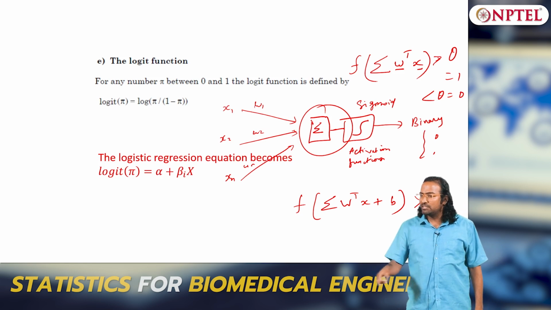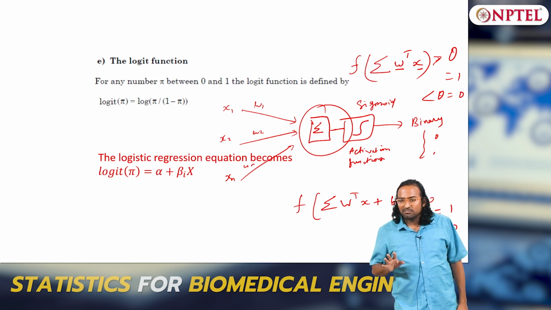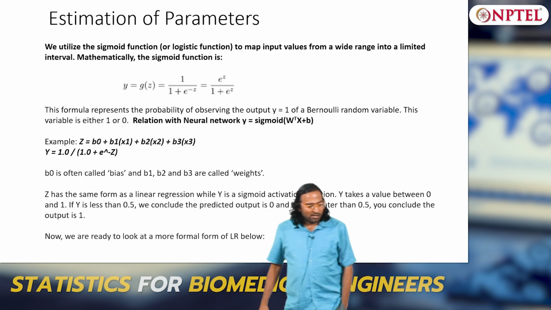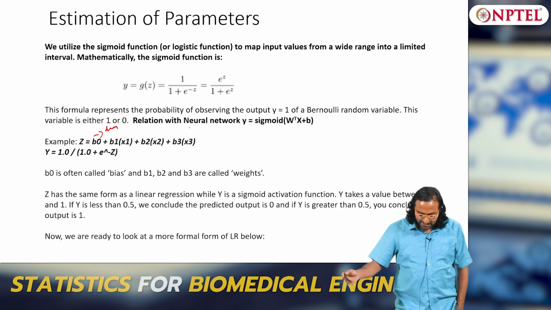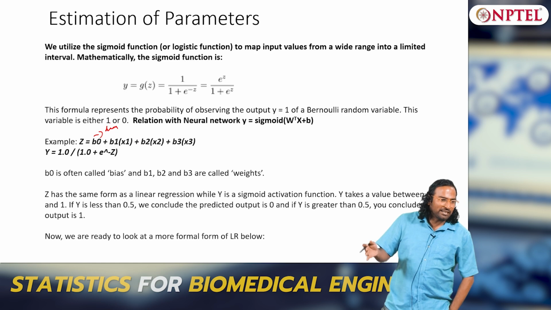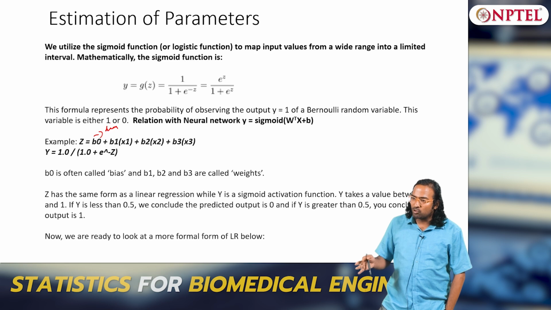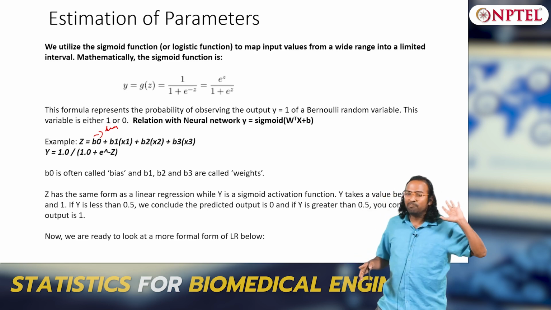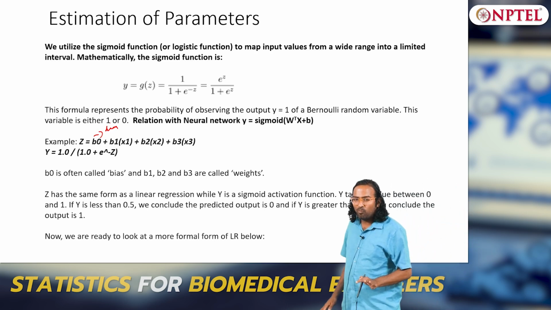So why is it important, why is it relevant today? Today also mathematically you are only solving a logistic regression model. So with that we are going to talk about something of this form: z equals beta naught, which is my bias, plus b1 x1 plus b2 x2 plus b3 x3, where b1, b2, b3 are my weights and x1, x2, x3 are my inputs. So this is a multivariate problem, multiple inputs, and the output is 0 or 1. The inputs could be discrete or continuous, it does not matter, the only constraint is that the output should be binary, and I am solving a binary problem, so the output is 0 or 1.